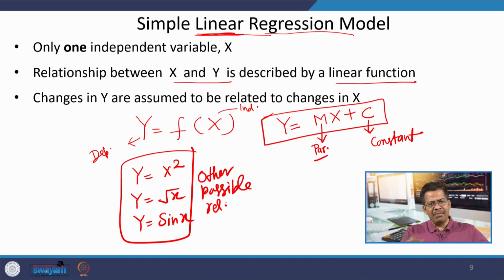And there may be many more such relations, it is not that these three relations are complete. You can create infinite types of relations between y and x, but my interest is